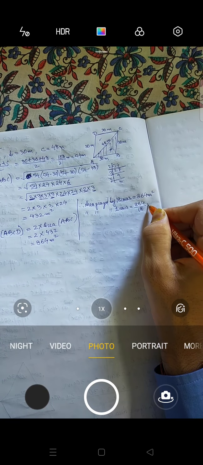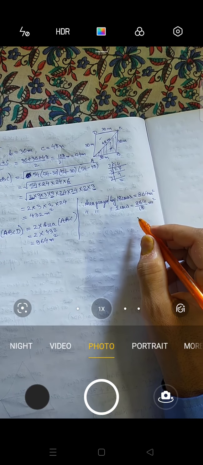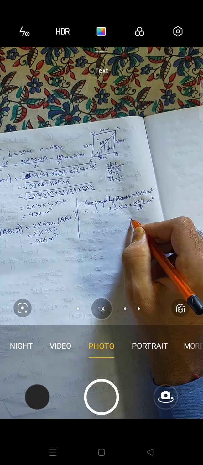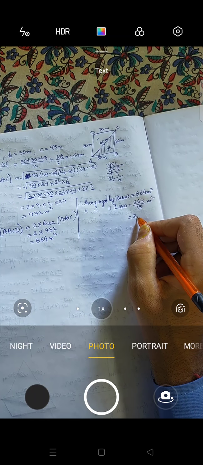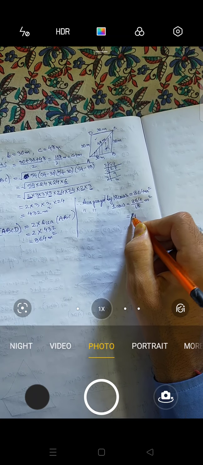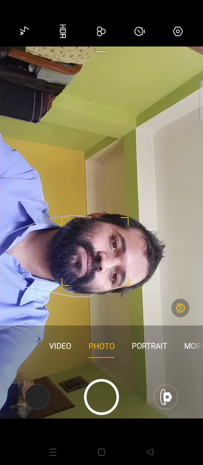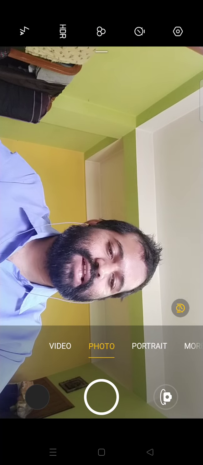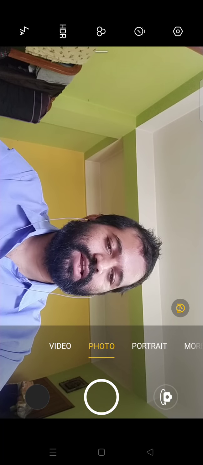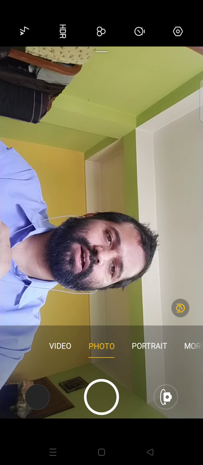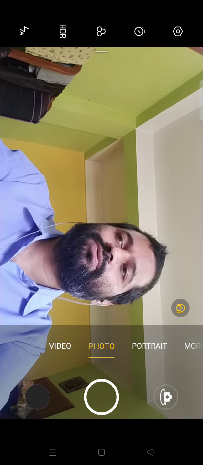Now cancel this one and just check what you are getting. Definitely you will be getting 24, I think. 24, 48. You will be getting 48 meters square. Just cancel and check it. So when you cancel this, you will be getting 48. That means 48 meters square area will be grazed by 1 cow. Okay. Now let's move to another question.